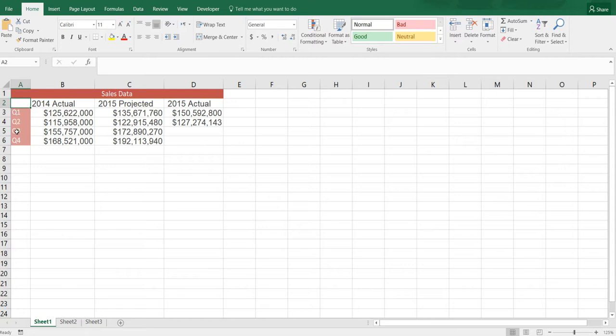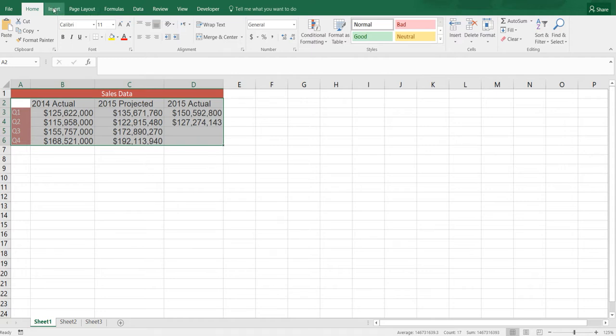Then I put Q1, Q2, Q3, and I formatted it with a color that I like, so you format however you want. But this is how you make the table. Then when you go to select your information, don't select the sales data, because then your table won't look right. You select the headings, the quarters, and the numbers.